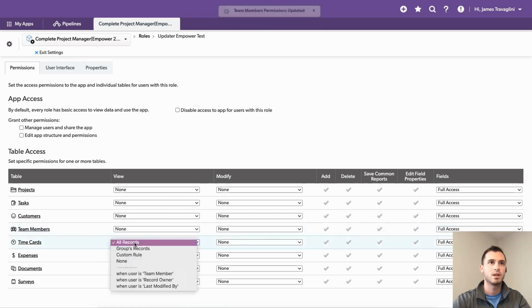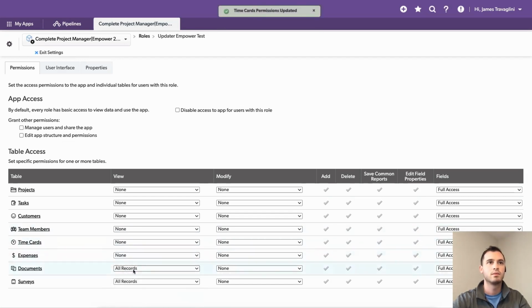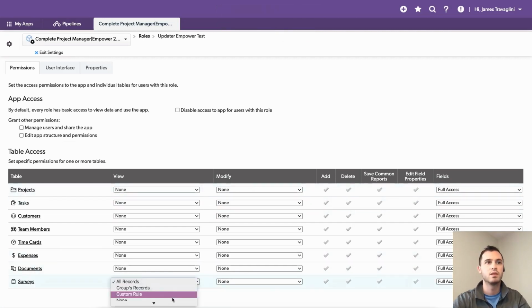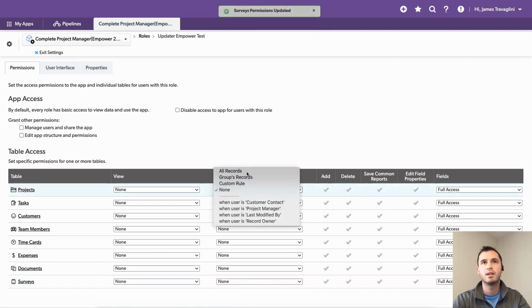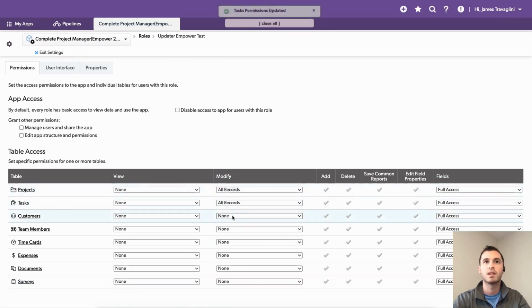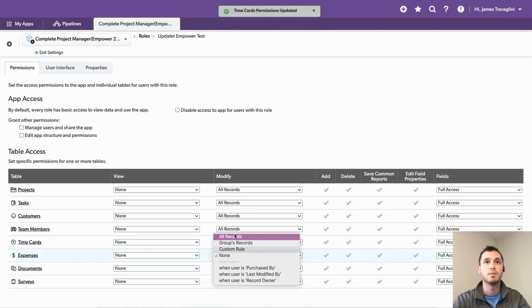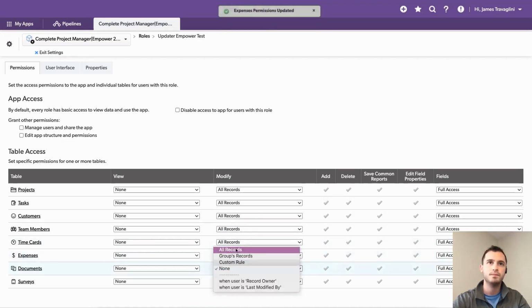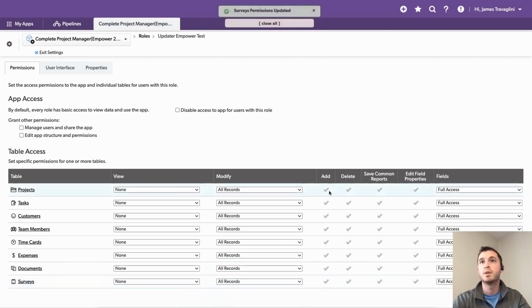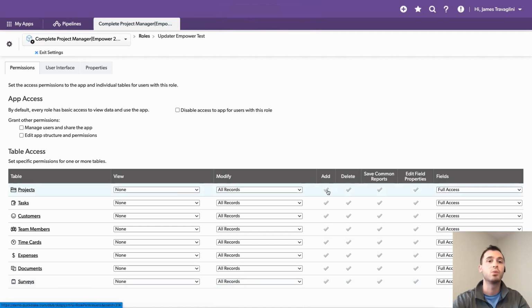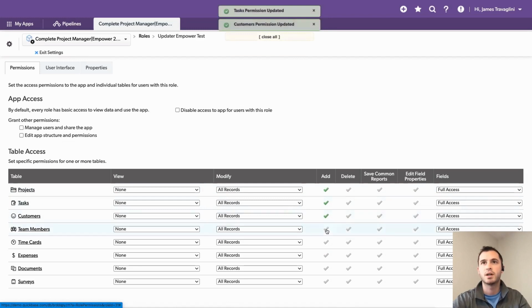Get through that as quick as we can. And then same idea. You would just come over here and allow them to modify instead. And in the example that I had for, for example, a service account, I think what would make the most sense in this scenario is you have the ability to not only modify all records, but you have the ability to maybe add as well as delete records, depending on what you want your integration, your script, your pipeline to do. So we could come in here, check these boxes,